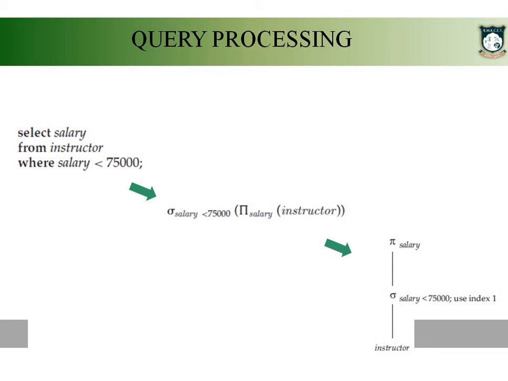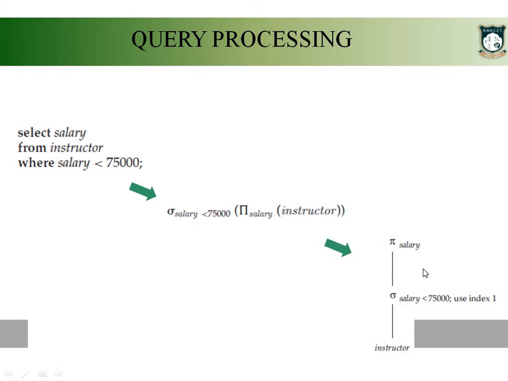The relation, the fields, the predicates, whatever we have used in the query, are valid or not. That will be checked by the parser. Once everything has been verified, then it will be represented in an algebraic form, right? So this is the algebraic form. This is the internal representation of the given query, right?